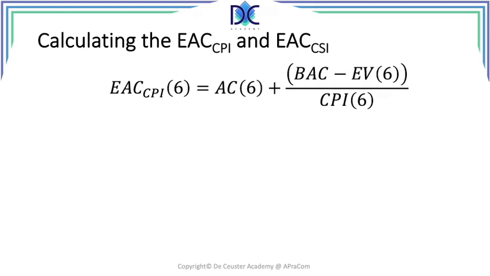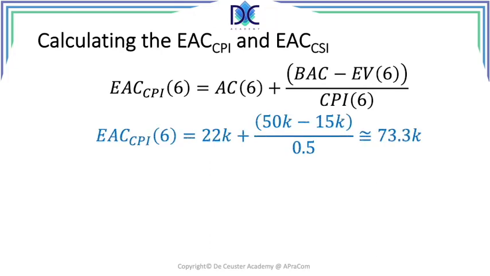So we have to divide by the actual CPI that we calculated before. And what we find here is that the estimate at completion is 22K plus the remaining value to create, which is 50K minus 15K, divided by 0.5. And when we add those values together, we see that the estimate at completion with the CPI is approximately equal to